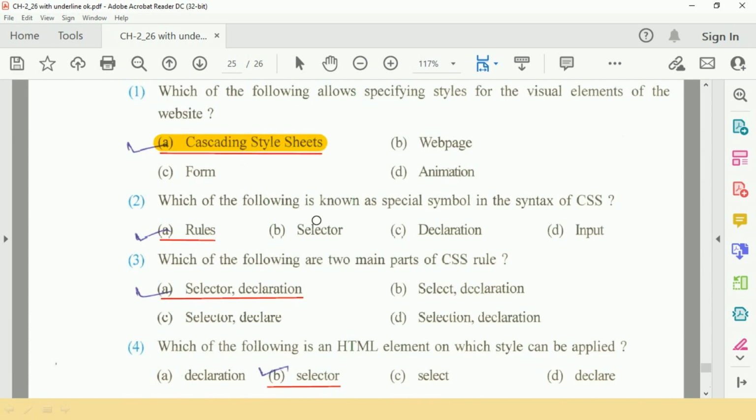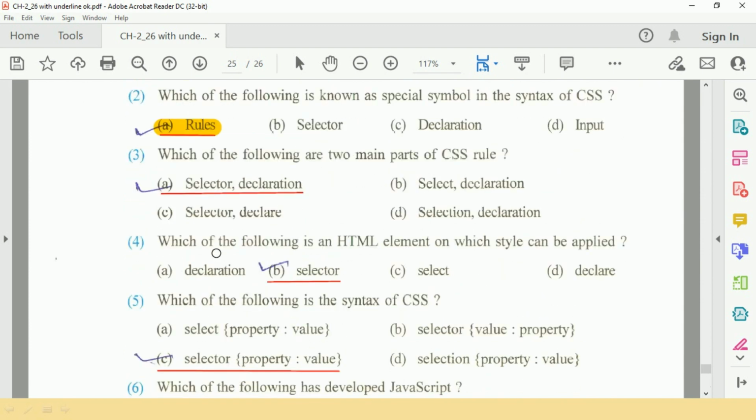Question number 2 is, which of the following is known as a special symbol in the syntax of CSS? Answer is A, rules. Question number 3 is, which of the following are two main parts of a CSS rule? Answer is A, selector and declaration.